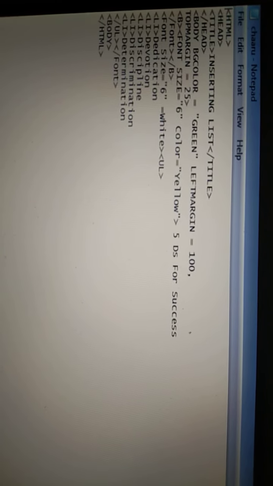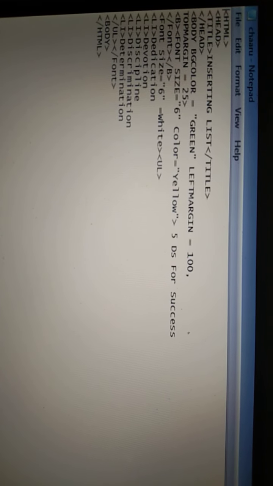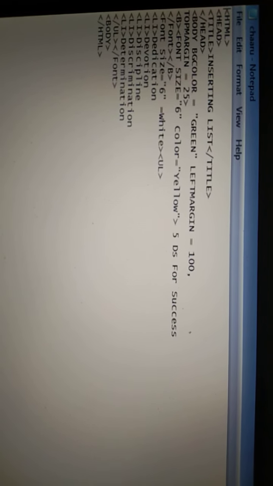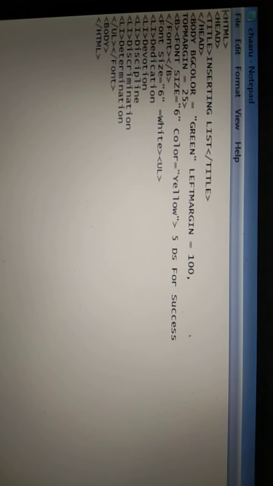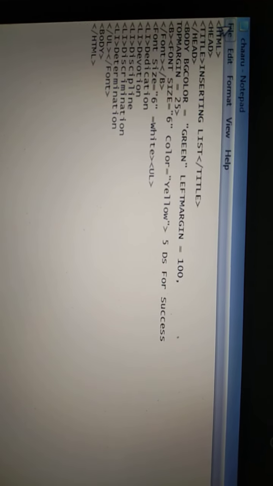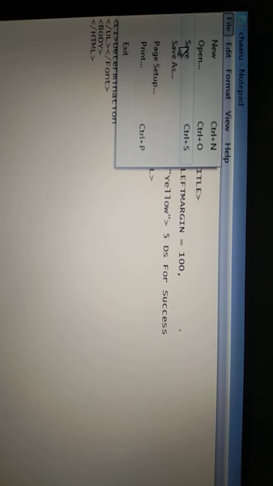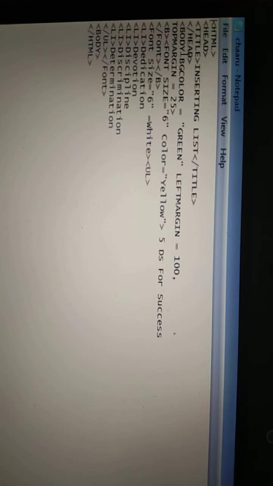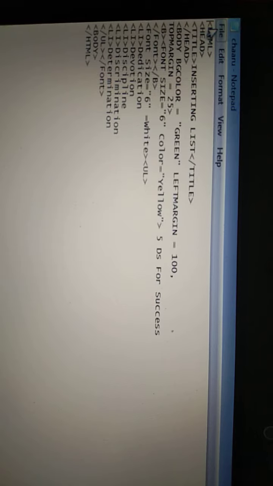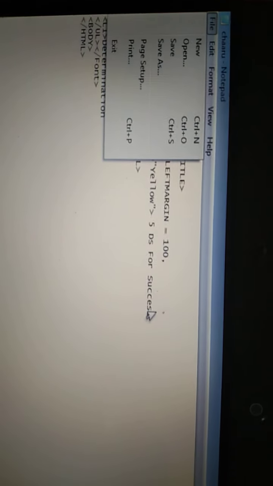Here the material or matter is related to the 5 D's for success, meaning what the 5 different D's for success are. After writing this program, you have to save it. So click on the File button, then click on Save. Here our program is saved. Now we can move further. Now we can minimize it.